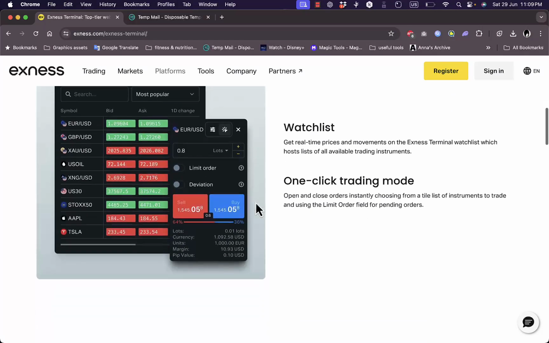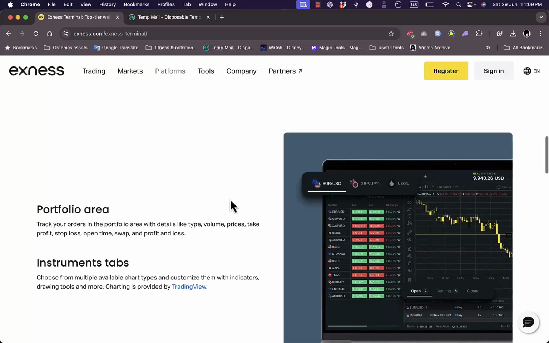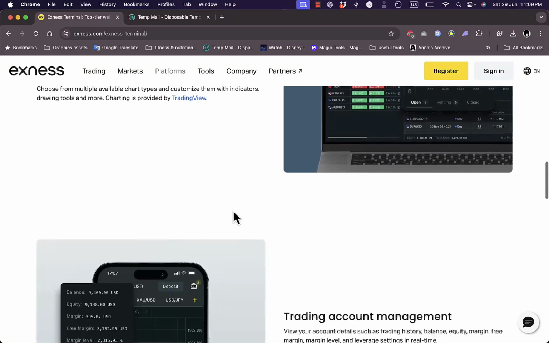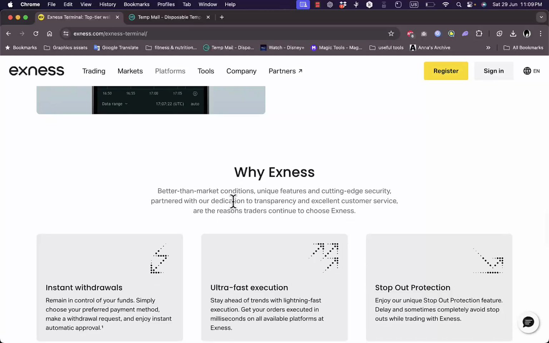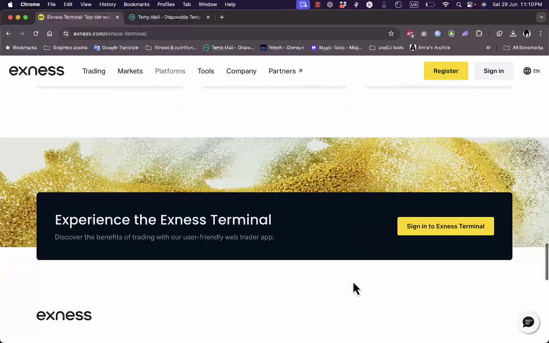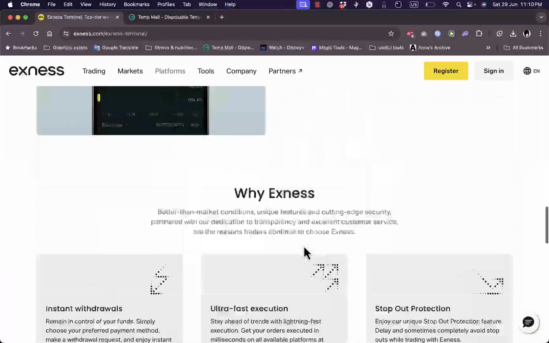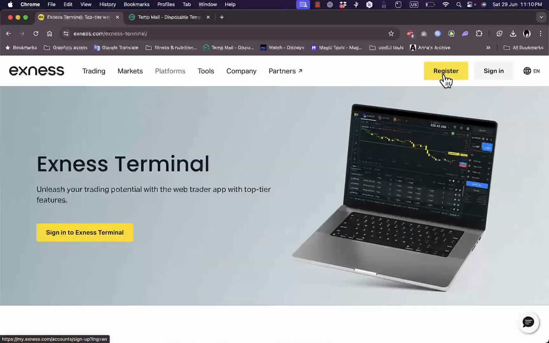You can scroll down here on the homepage to learn more about the features and different benefits of the platform. They offer lots of great features, such as instant withdrawals for your earnings, ultra-fast executions for your orders, and stop-out protection. Now what you want to do is register to create an account, or sign in if you already have an account, and I'll show you step by step how to create an account and how to use it. Now click on register here,